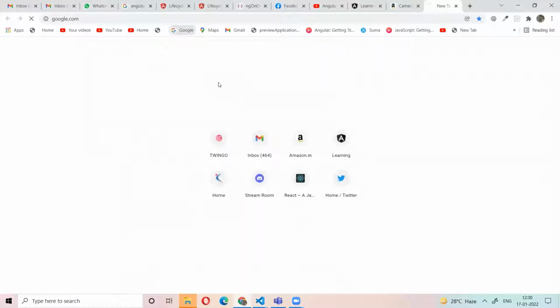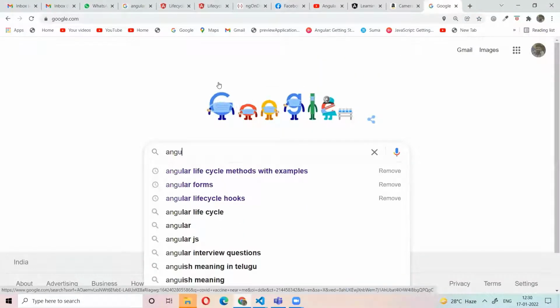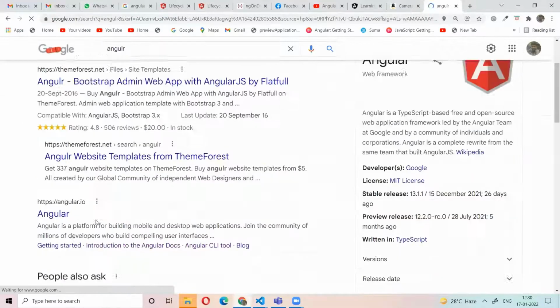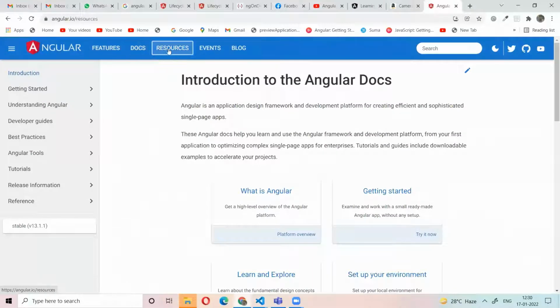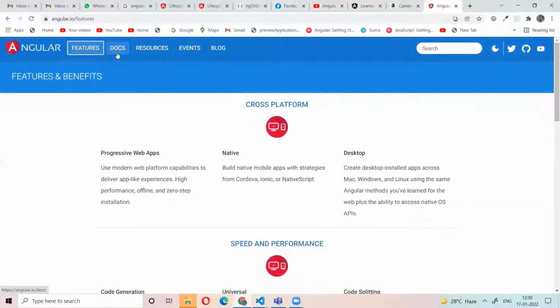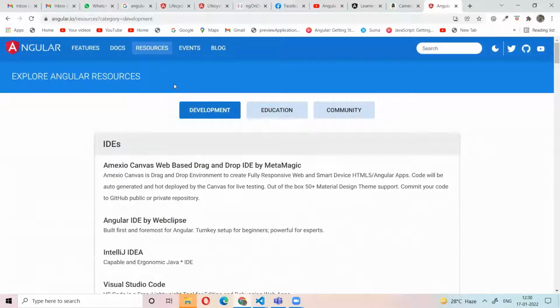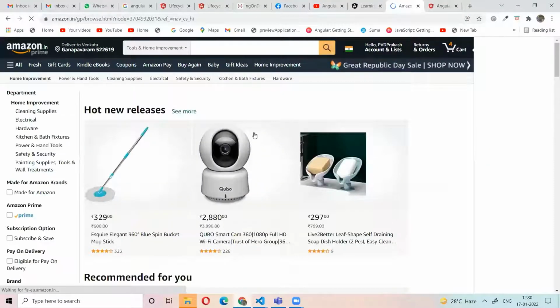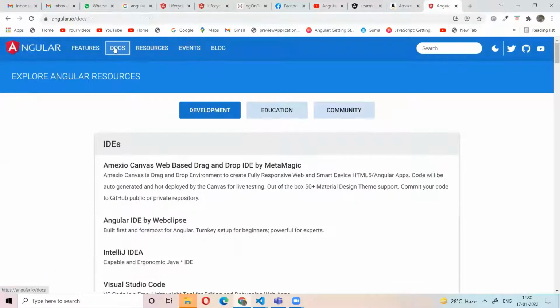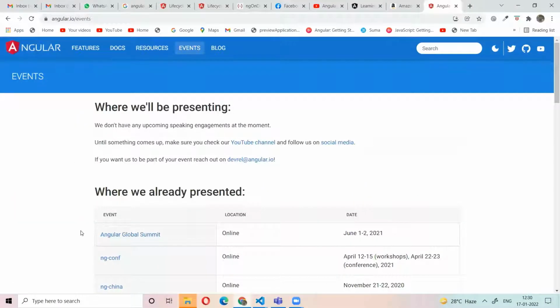For example, let's take this Angular website. We have docs. See, if you click this one, is the page loading? Guys, is the page loading? Only the URL is changing. The page loading means like this: if you click this here, it is loading. This is not loading. It's a single page application. Only the view part is loaded.